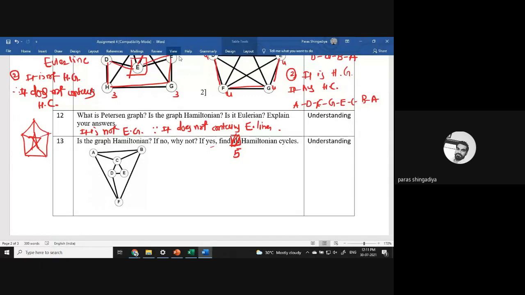Okay, nice. So it's also very easy to verify whether it is Hamiltonian or not. But here one question is to find 5 different Hamiltonian cycles. Okay, it is also very easy. So the first conclusion is that yes, it is a Hamiltonian graph. Okay, now the Hamiltonian cycle. Yes, Hamiltonian cycle. First one.